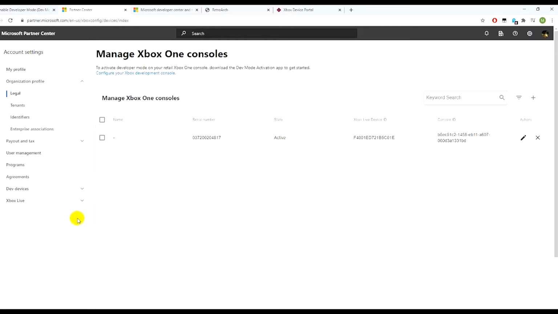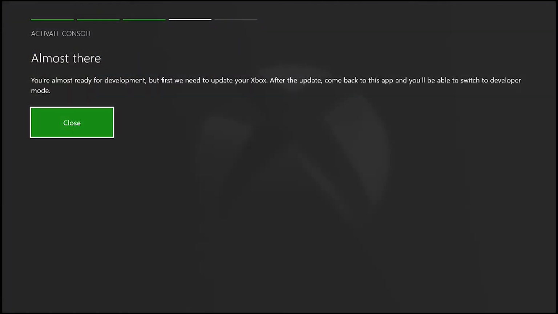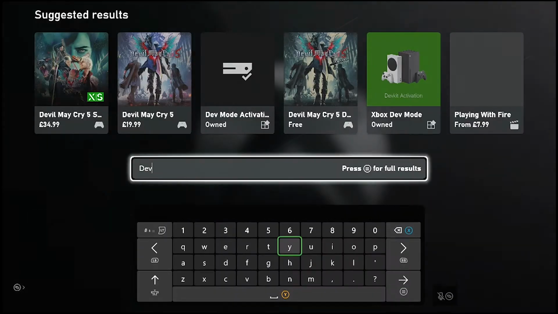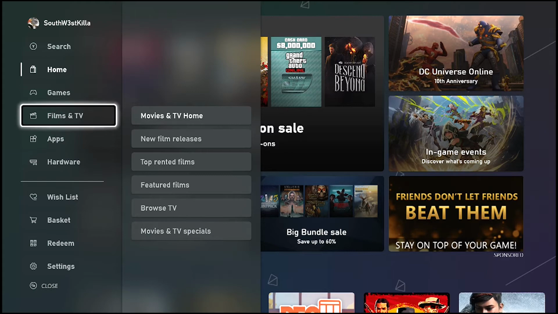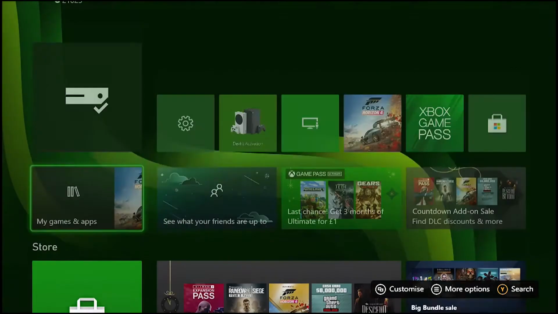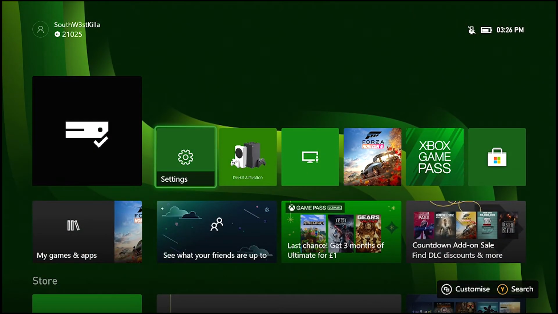You can revert back to your Xbox and go into the developer settings. Now, it will say that this needs to be updated, even though this is already updated. I waited a while and this was still not doing anything. So if this happens, all you have to do is go back, go under your settings, which is the cog here,